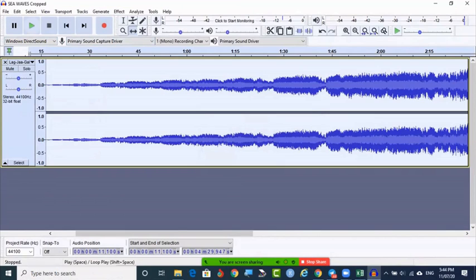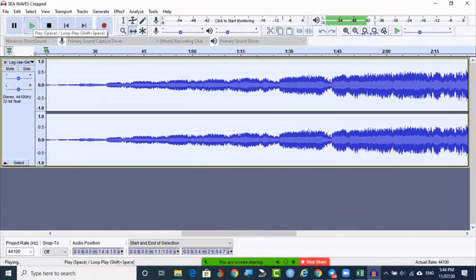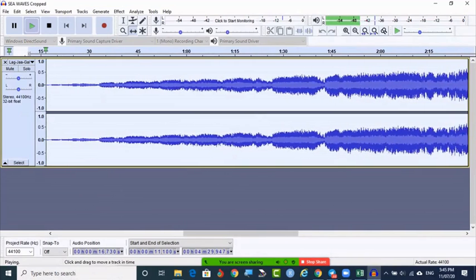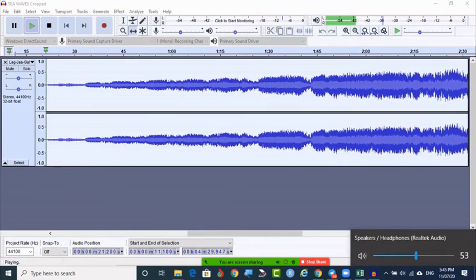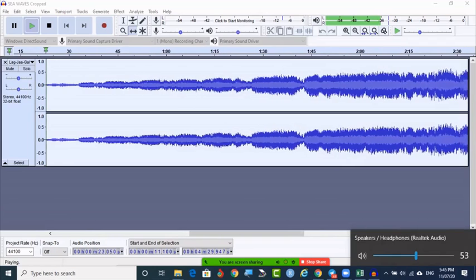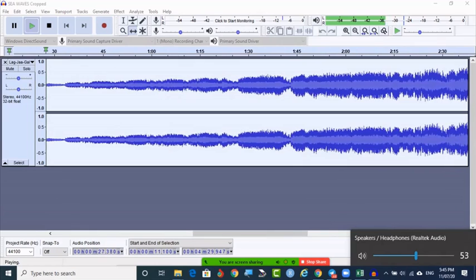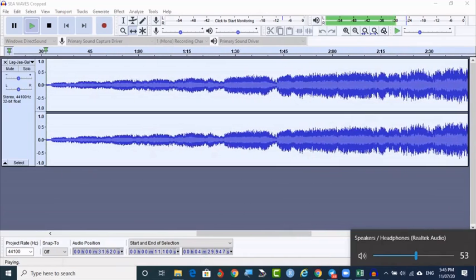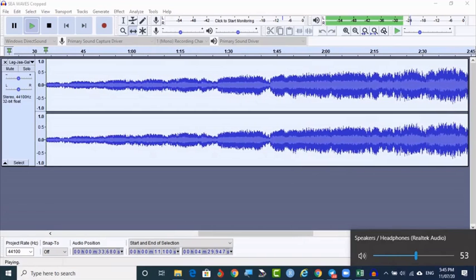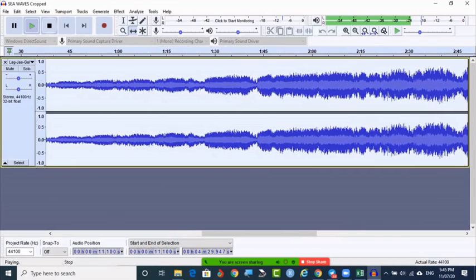Now you try. So we can feel that the voice is coming from distance to nearer. Got it? So that is the fade in.